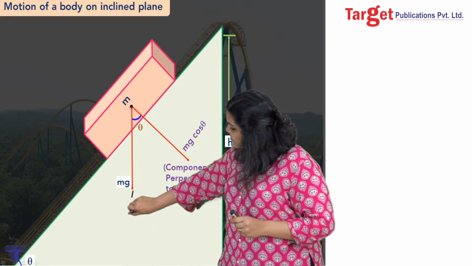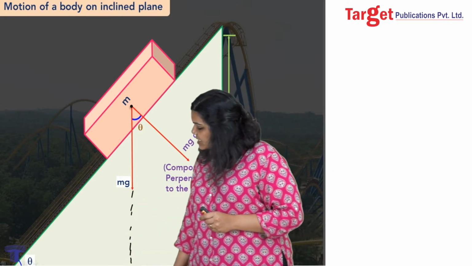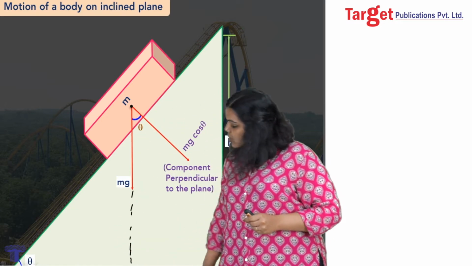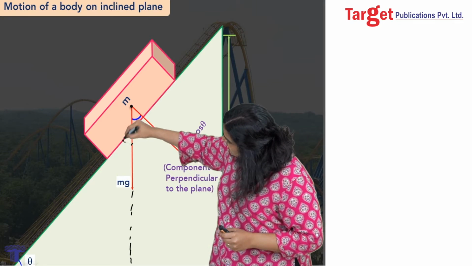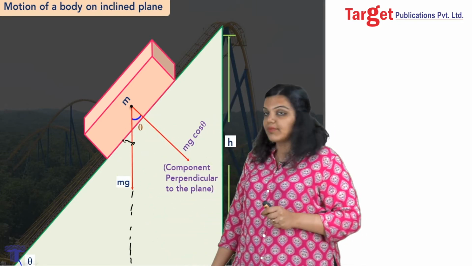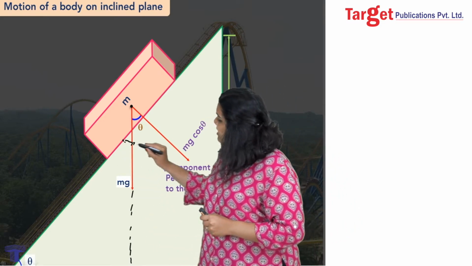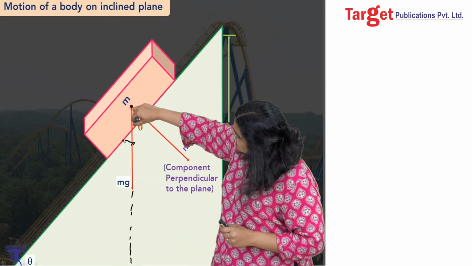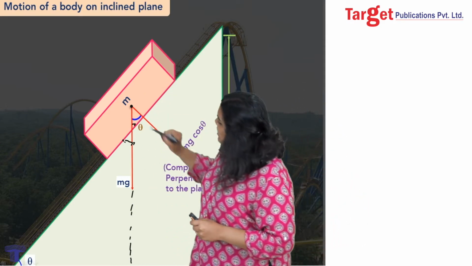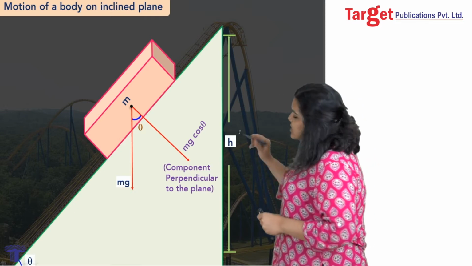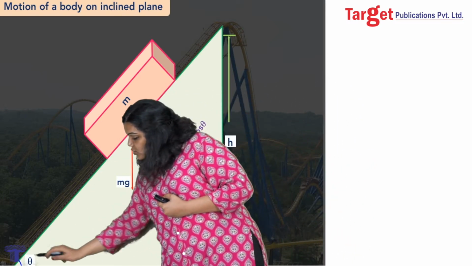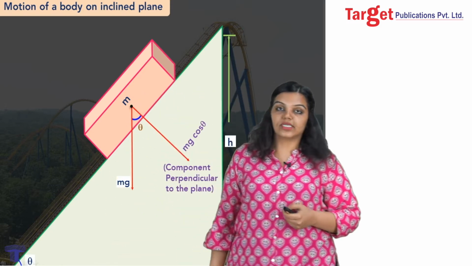So if I draw this complete triangle, then I can see that if that is theta, then this is going to be 90 because I dropped a perpendicular, and that makes this angle 90 minus theta. And if this angle is 90 minus theta, then this angle is 90 minus theta, and therefore this angle becomes theta. So it's simple algebra. You can do it yourself, and you will see that if this angle is given to be theta, then this angle also comes out to be theta.